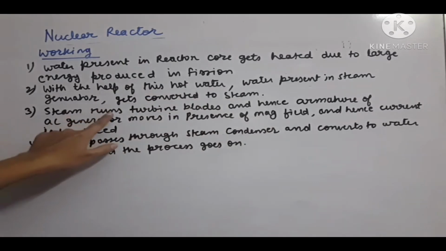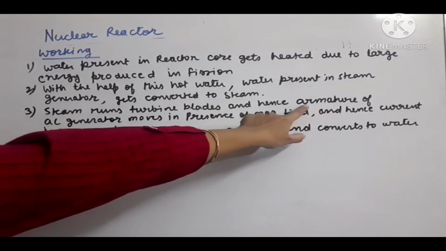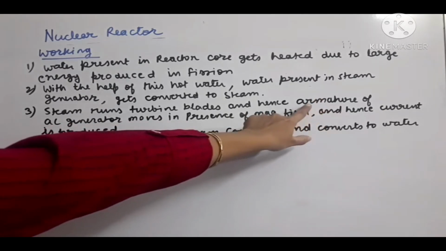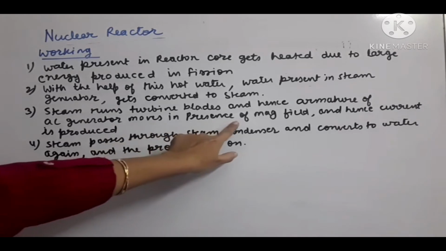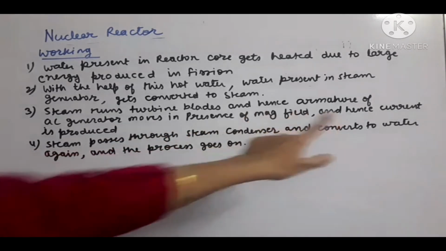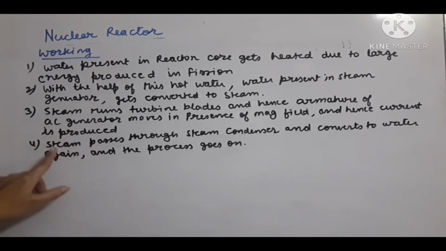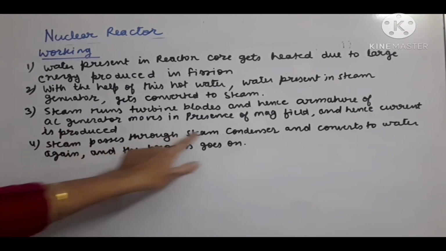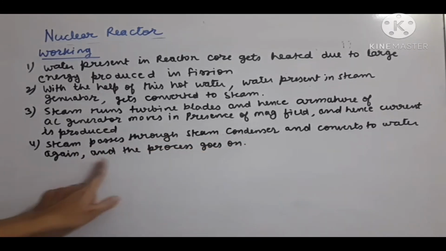Okay, so steam runs the turbine blades, and hence the armature. Armature means coil ABCD, we can call. The armature of the AC generator moves in the presence of a magnetic field, and thus induced current is produced, or only current is produced, you can write. And the fourth step is finally that steam passes through the steam condenser and converts to water again, and this way the